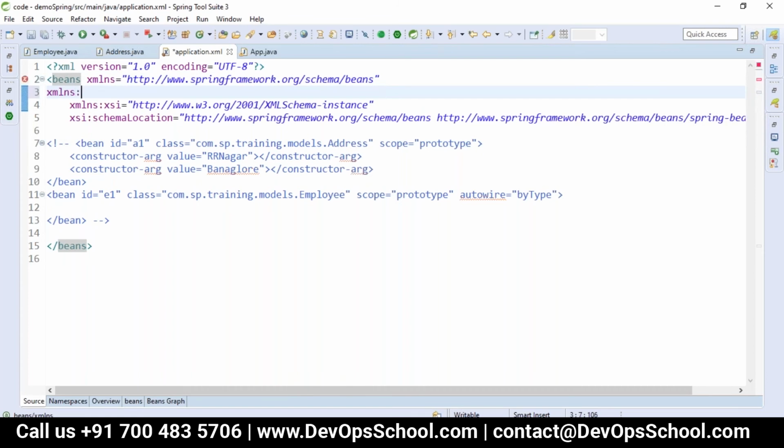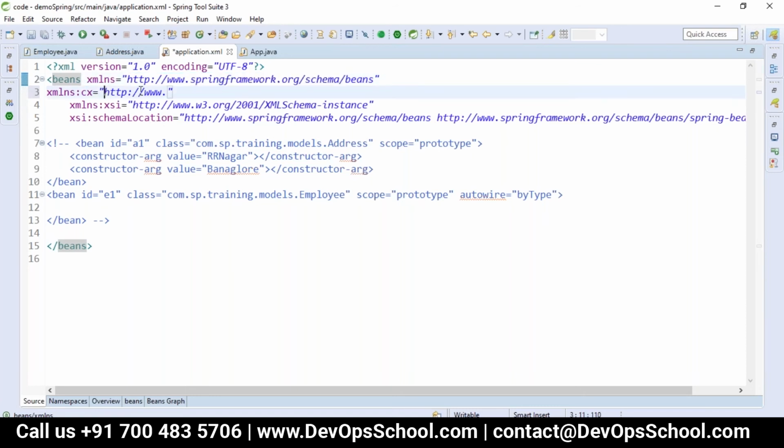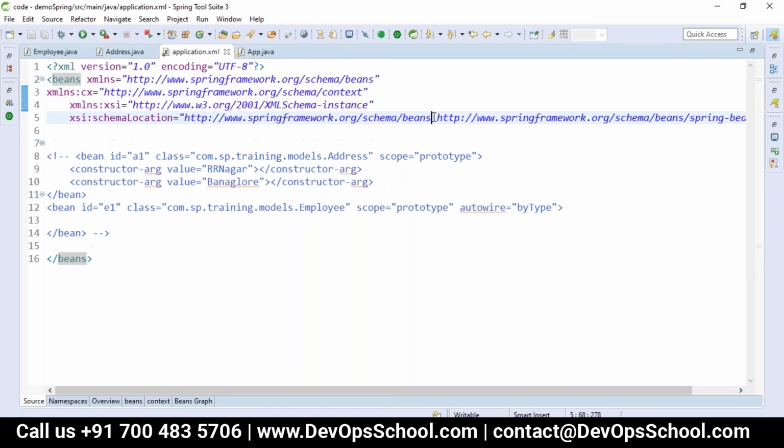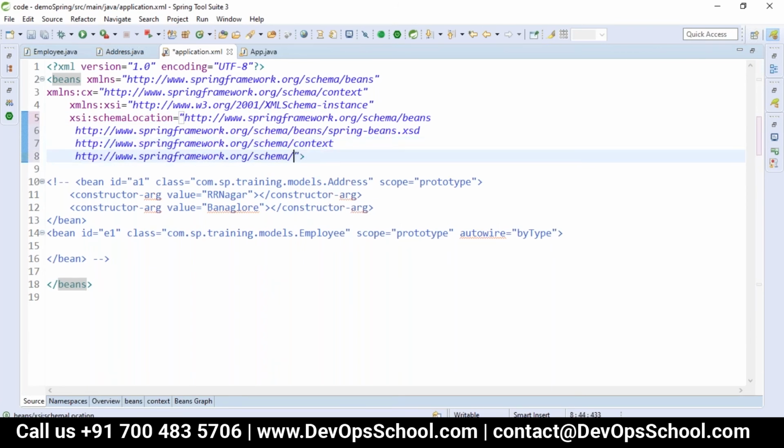That is to add another module here, which is CX.